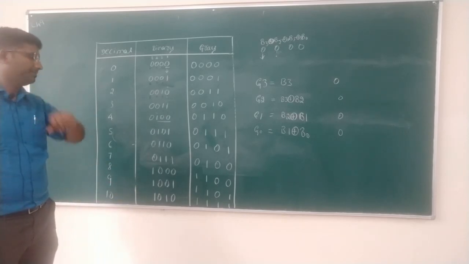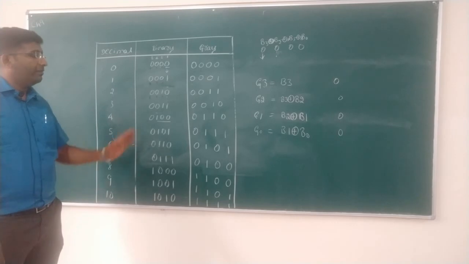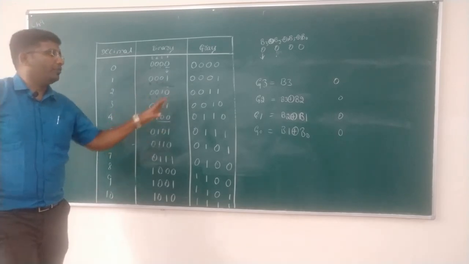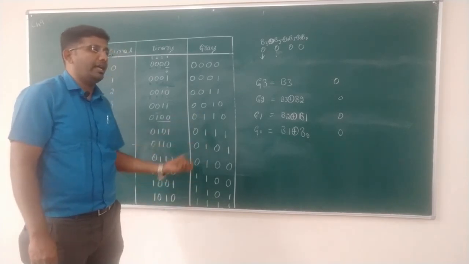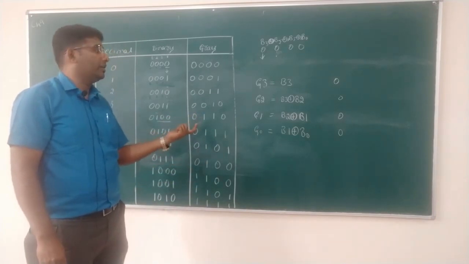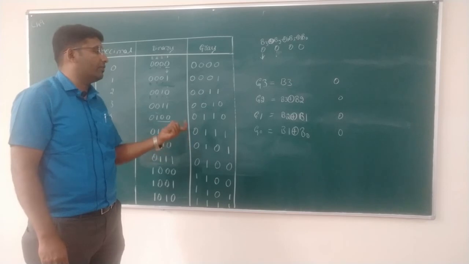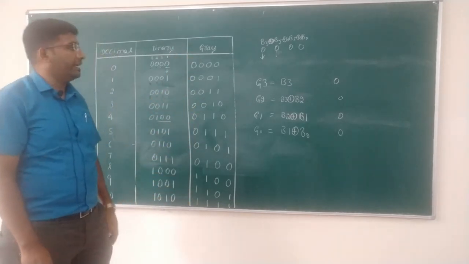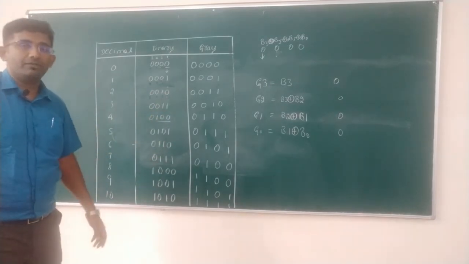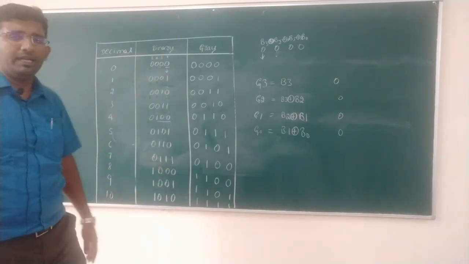So, whenever we are writing a Karnaugh map, we need to consider the Gray code system. There we are going to write the Gray code, and it should not create any confusion. For that purpose, we have discussed how we have to represent a Gray code. Already this has been discussed in the first year itself. Once again, we are brushing up the concepts.